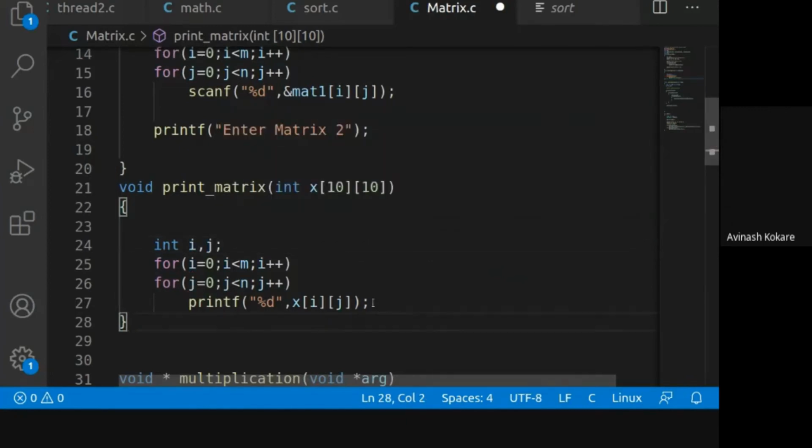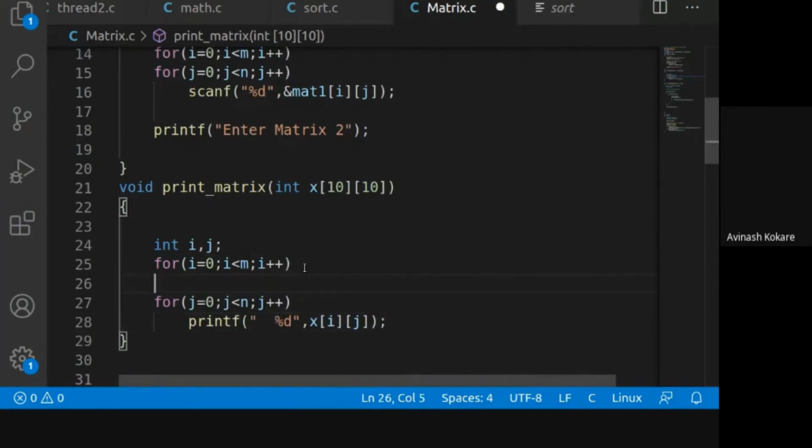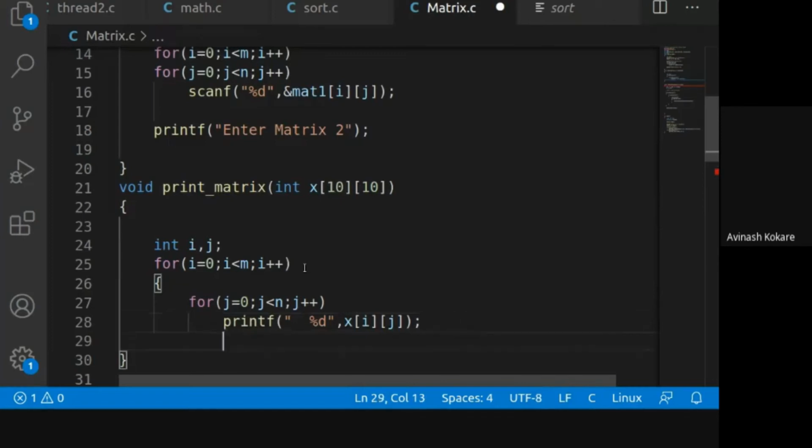Okay, is it okay now? Printf %d comma x of i j, but it should print in the matrix format, so that it is good to see the values that you have printed in the matrix format. Otherwise, you will not understand anything. So what should be done to print in the matrix format?